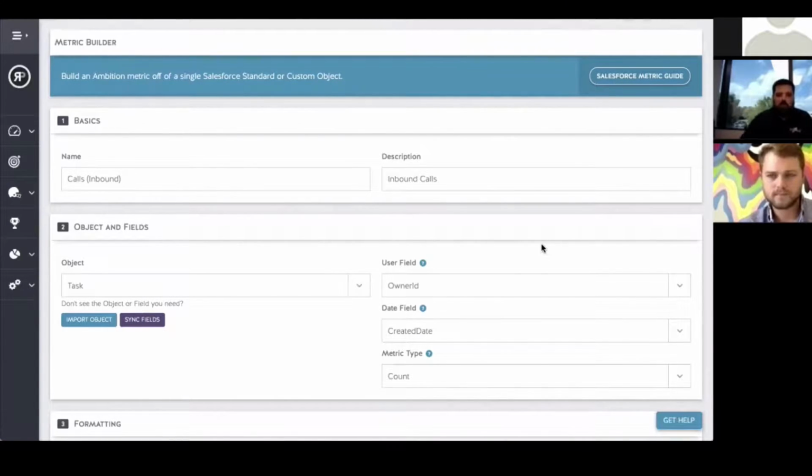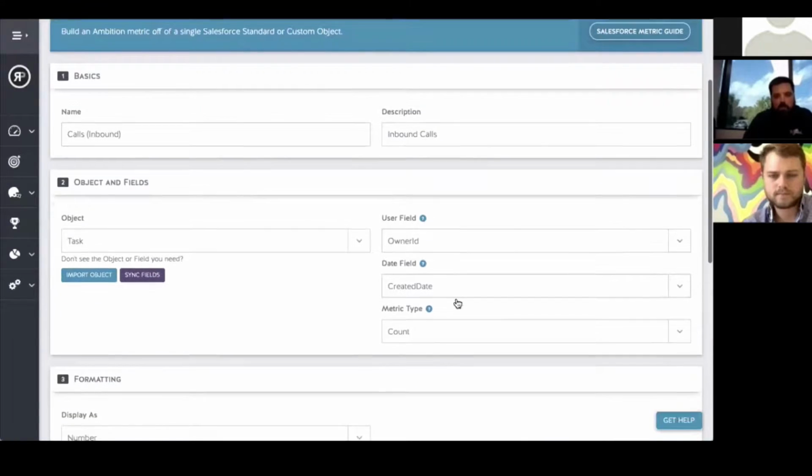In this case, you can see it's an inbound call. It's coming off the task record. In New Voice Media, when you make a phone call or receive a phone call, everything becomes a task or activity record. It's going to have all the information for that call on that task record as well. The owner of that task record is going to be the user in Salesforce that made that call, so we're going to assign that call to the owner of that task record, which is the person who made the call. And then the create date on that task is going to be the start of that call. So we're going to use the start time on that phone call in order to tie in the calls.